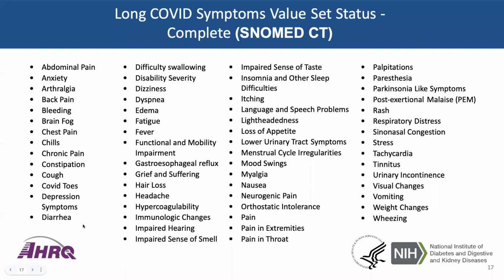So this spreadsheet lists all the symptoms related to long COVID, and this has been identified by all the TEP members. Once we finalized the list for the long COVID symptoms, we went ahead and built all these value sets in PASC. I have submitted them, and Kay is in the process of reviewing them. Once she agrees with it, we will be publishing all these value sets.